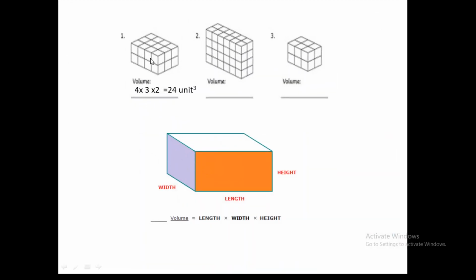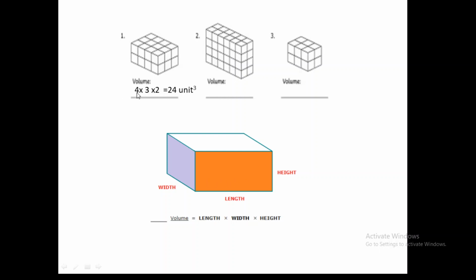Look at this, one cuboid is given and it is divided into some number of unit cubes. How do we find the number of unit cubes here? Look at its length. In this way it is 4 unit cubes. In this way there are 3 unit cubes. In this way there are 2 unit cubes. Multiplying 4 into 3 into 2, we will get 24 unit cubes. Okay, so its volume is 24.